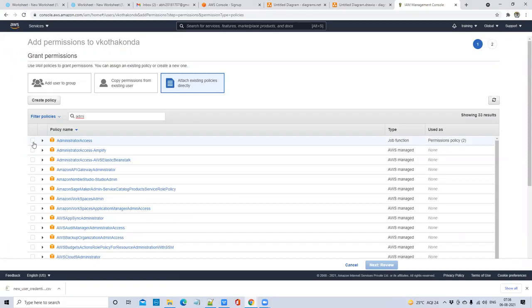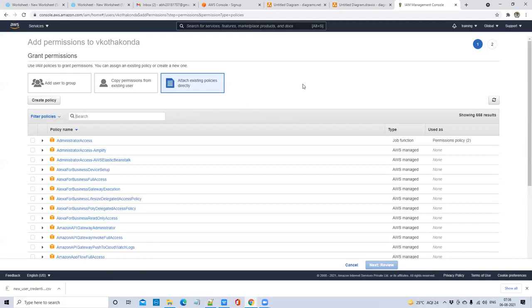So if I want to give administrator access, I can check this box. Now he will get the administrator access. So this is the way to create the users and your policies.